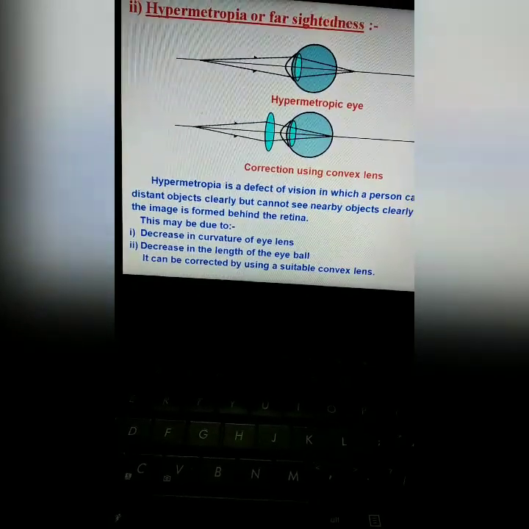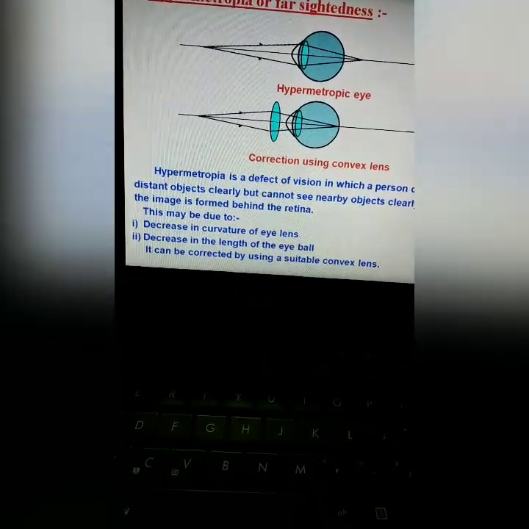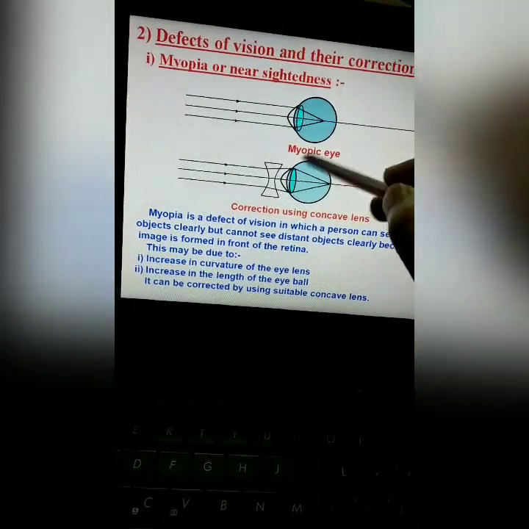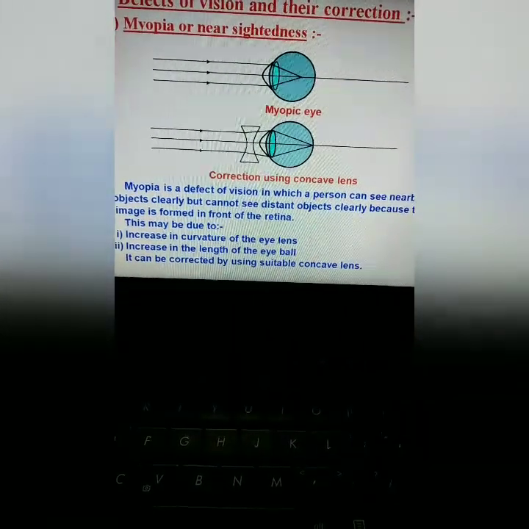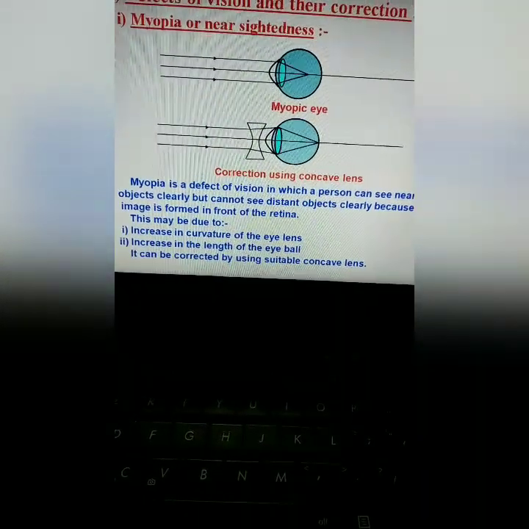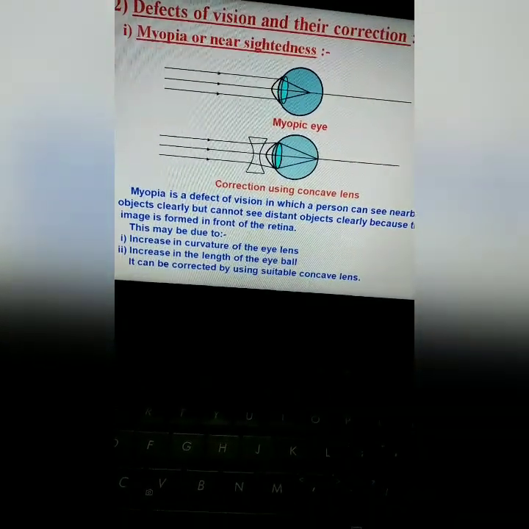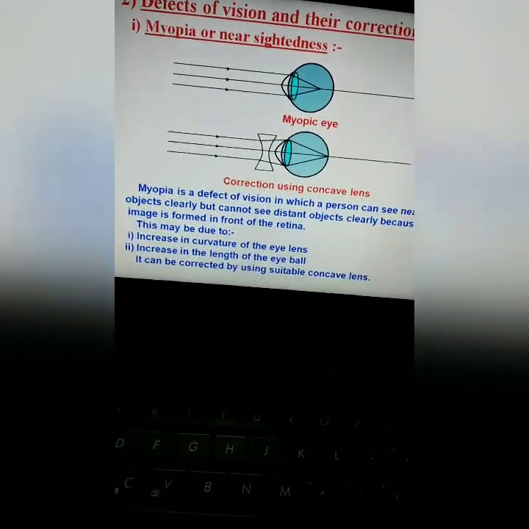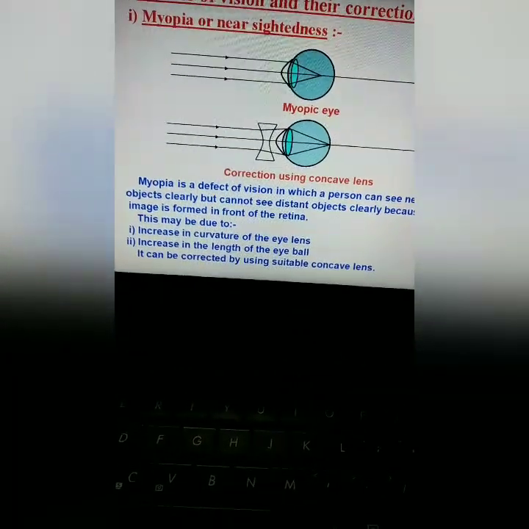So now we'll discuss why the concave and convex lenses help these persons rectify the defects. Please all of you note it down. In the case of the myopic eye, the focal length of the person is reduced. So to make it a normal eye, the focal length should be increased, because the person wants to see far objects. When the focal length is increased, the power will be decreased. So how will the power be decreased?